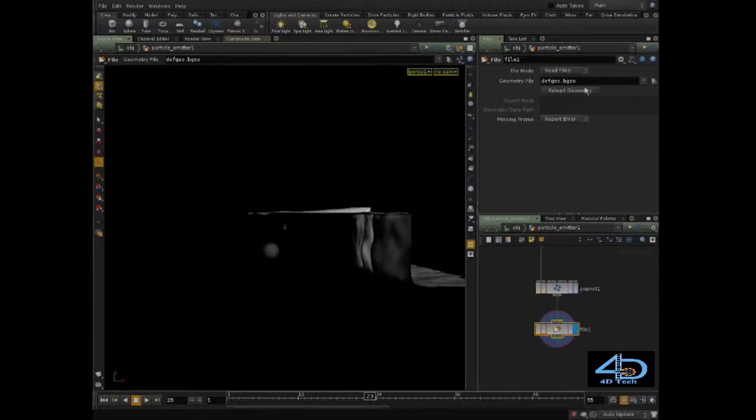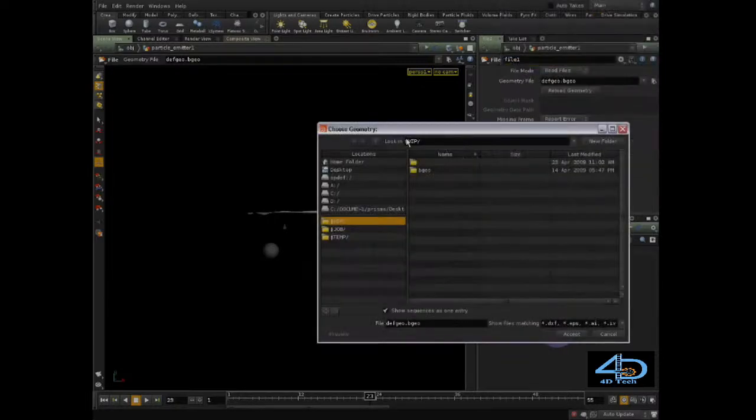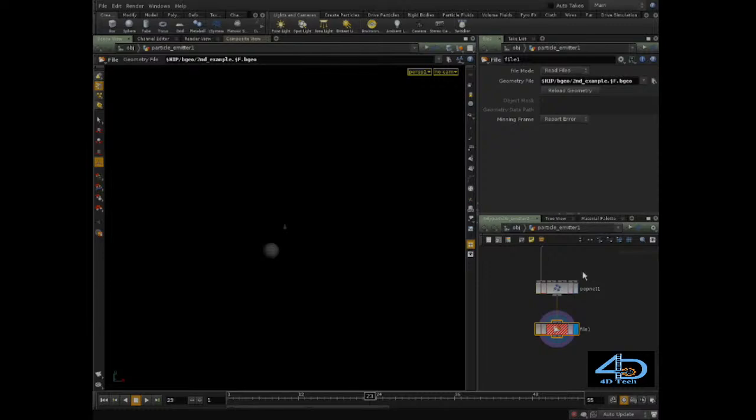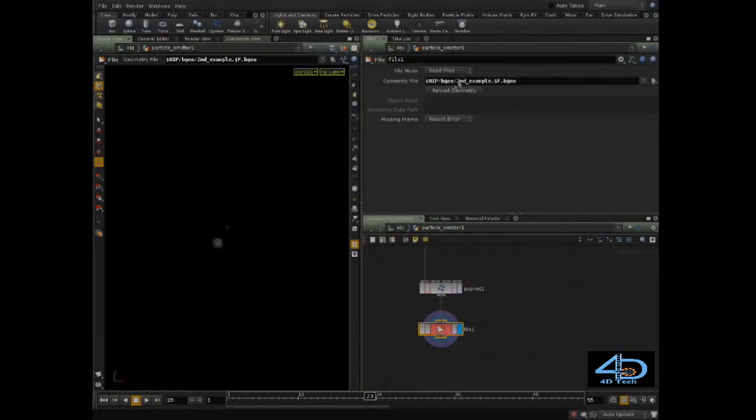and under File, instead of reading files, we can write files, but let's just choose a directory first. We'll just go to $hip/bgo/$f. And right now I can't read this file, but that's because we haven't cached it to disk. And let's actually just quickly add some frame padding in here. And then we can write the stuff to disk. So go back to frame 1, write, play,